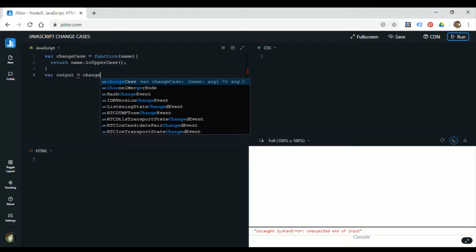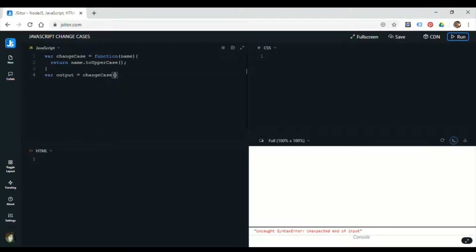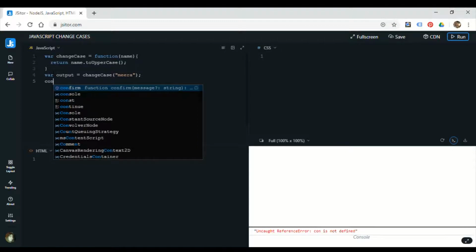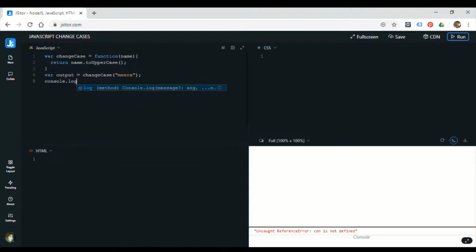You can give it any name, but I give it a name of change case, and then I assign this variable to a function with a parameter name. So var changeCase equals function name, that is within the parenthesis, I write name, and then the curly brackets open and close.